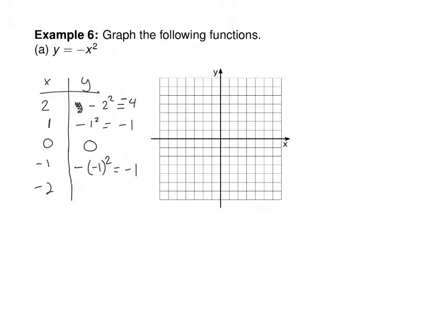Okay, when you plug in -2, negative parenthesis, -2 squared, what's that going to give you? -4. Another way to think about that negative sign, if you don't like it, is think about it as -1 times x squared, and then you can see the PEMDAS even more. First two squared, then multiplied by negative 1. Okay, over 2 down 4, over 1 down 1, 0, 0, back 1 down 1,